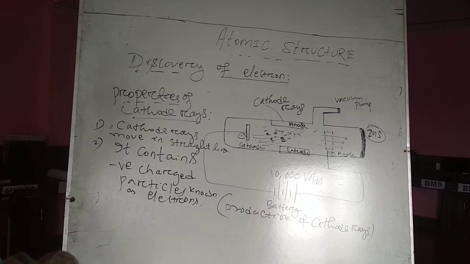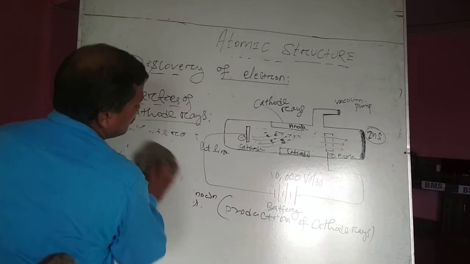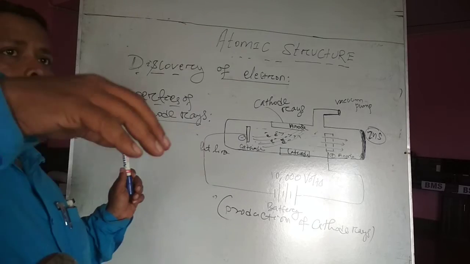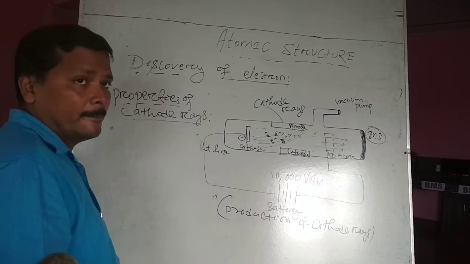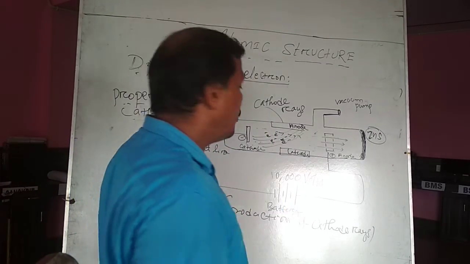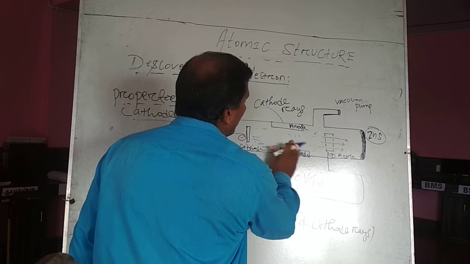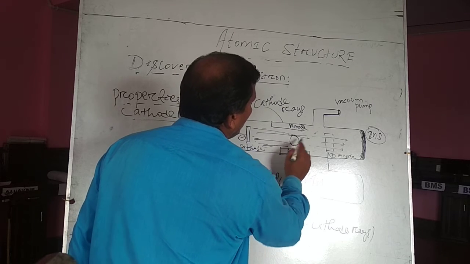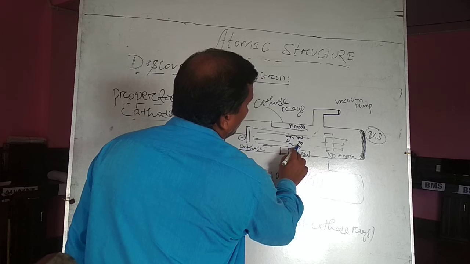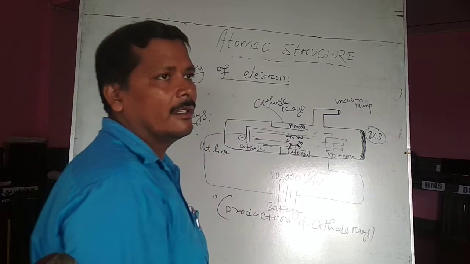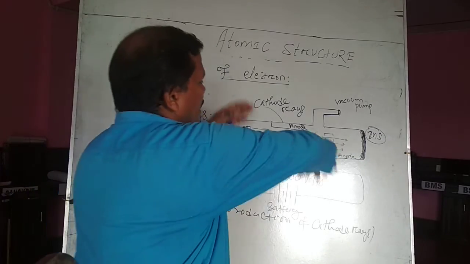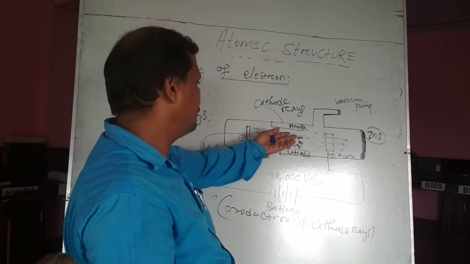Number three. When a paddle wheel was placed in the path of these rays, some blades are there, one wheel was placed like this. Then when the rays struck the paddle wheel, the wheel rotates. So it was concluded that